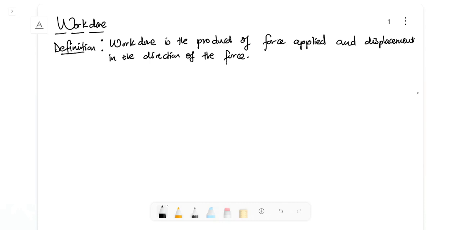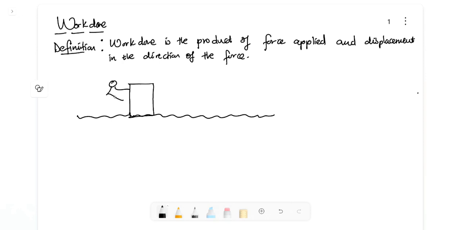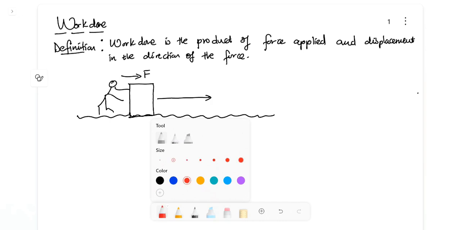Remember, you'll be looking at an object probably that is somewhere here. Let's say I have an object here. Assume this is on the ground. This is my ground here. If it happens that maybe there's someone trying to push this, alright. If this person applies a force F in this direction, and it happens that the object moves in this direction and then finally reaches this point,